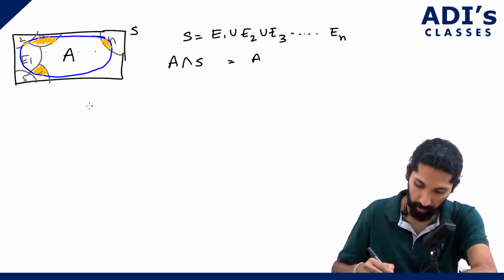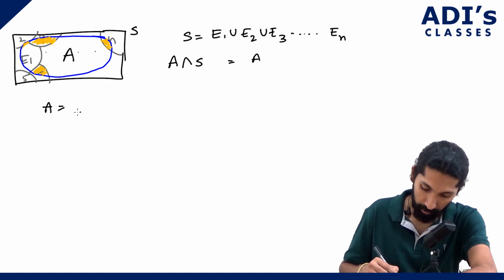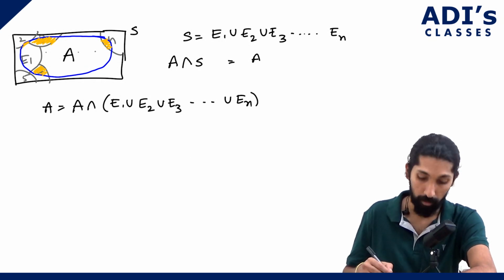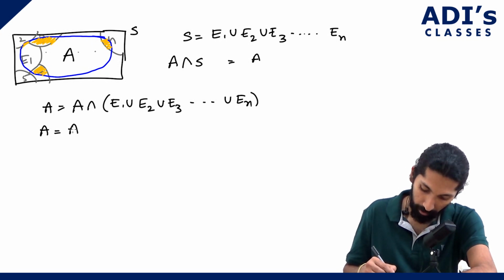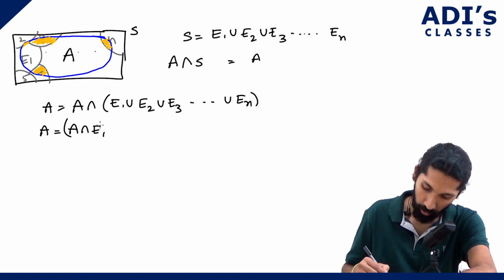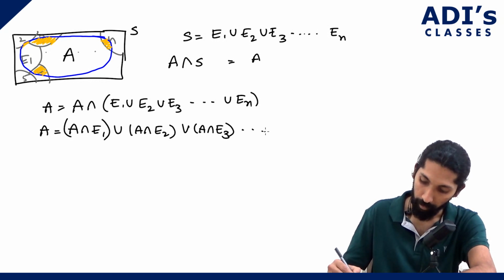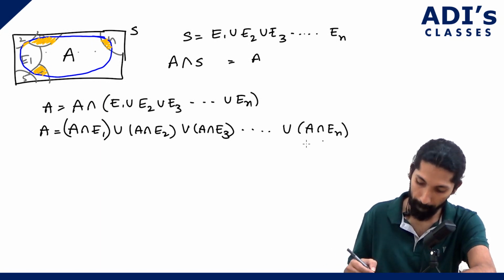So A is equal to A intersection S, that's nothing but A intersection (E1 union E2 union E3 till En). Now if you apply the distributive property, you get A intersection E1 union A intersection E2 union A intersection E3